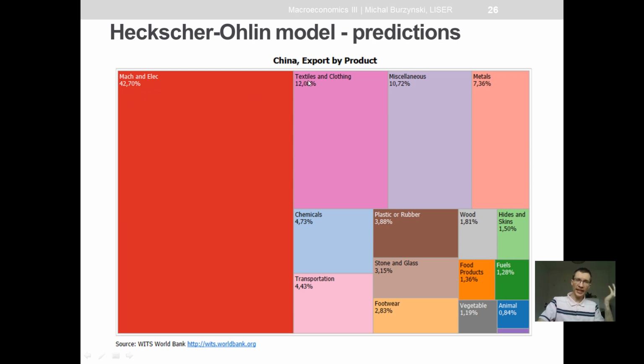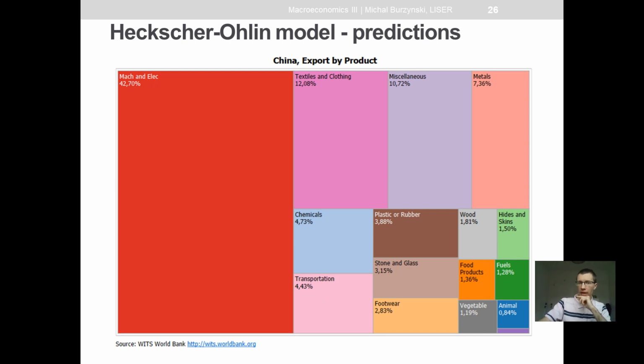products. You have textiles, clothing, you have metals, chemicals, and all the other categories. Some of them, especially textiles and clothing, and some of those electronic devices are low skill intensive, the factor in which China is kind of well endowed. But of course, these high-skilled branches of the Chinese economy are flourishing at the moment, and you observe that some other goods that are high-skill intensive, like transportation, cars, for example, are also becoming more popular in the structure of